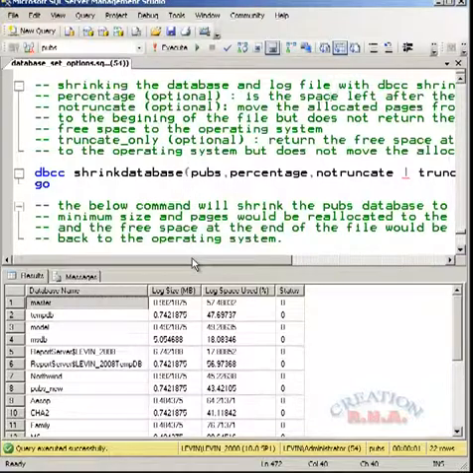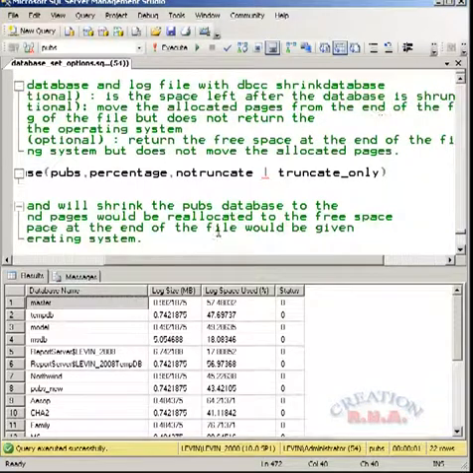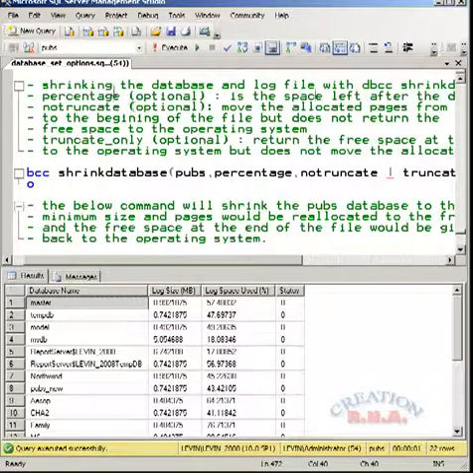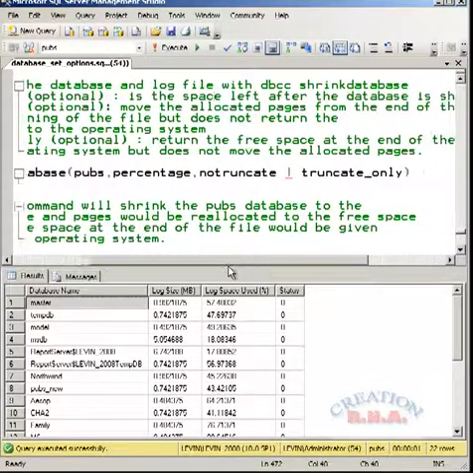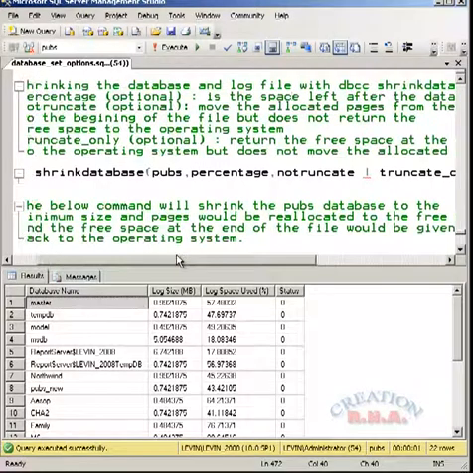The percentage, as I have already specified, is the free space left over after the database is shrunk. Now let's see what the NOTRUNCATE option means. It moves the allocated pages from the end of the file to the front of the file, but does not return the free space to the operating system.